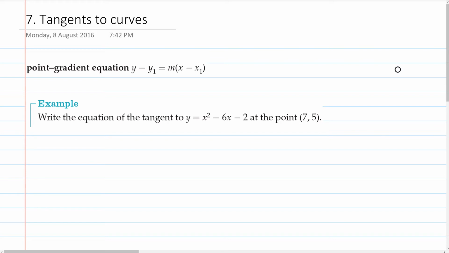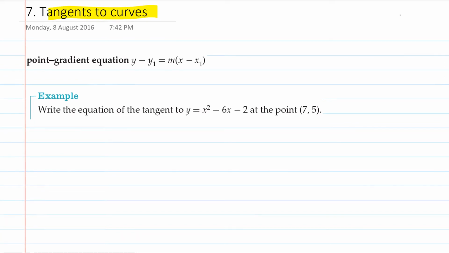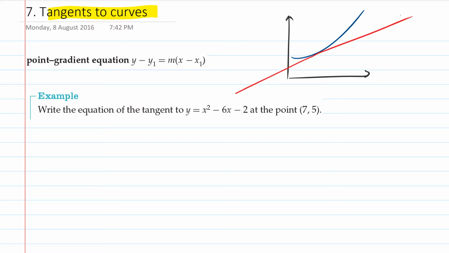Hi everyone, in this video we're looking at tangents to curves. So a very quick definition here. If we have a function like a curve, then a tangent is simply the line that touches that curve at one point only. And the feature of that tangent is that for that to happen, it must have precisely the